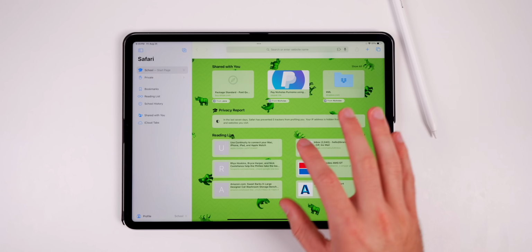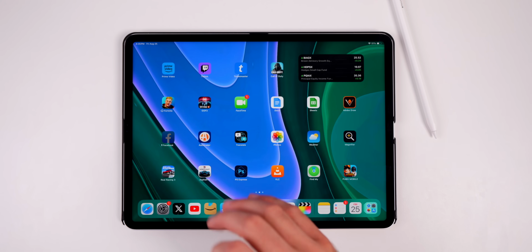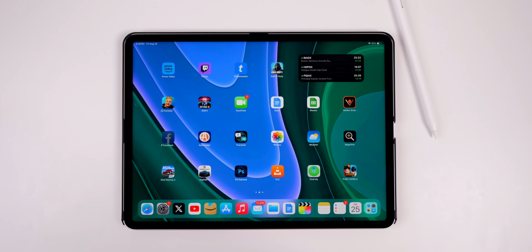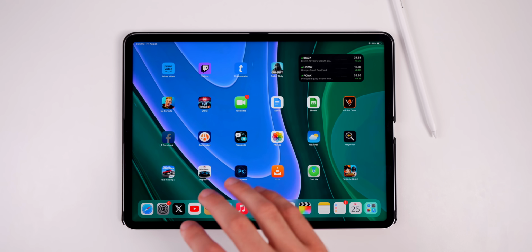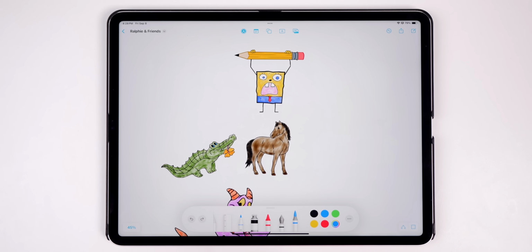I find this to be really useful for a lot of reasons, but I can also see it very useful if it's like a family iPad and you have multiple people using the same iPad, you can have a different profile per person. We have a few new updates for the Freeform application, which has become my favorite iPadOS